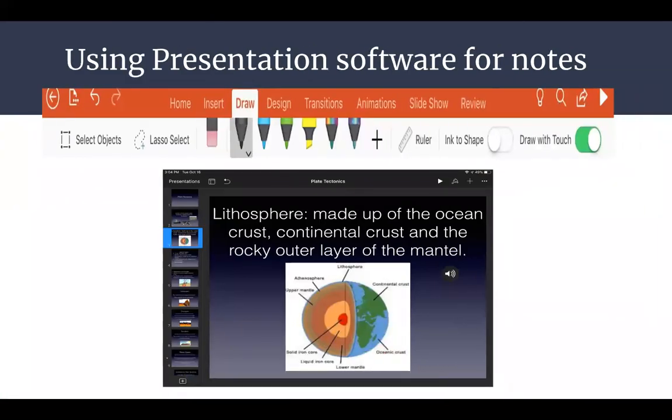So another thing that I actually have been playing with for a little while is how to use things like PowerPoint, Slides, Keynote for note taking. These are very basic everyday tools that many of our students think about, well, that's just for me to create a presentation and share out and then I'm done. But they actually are a tool that can be used in other ways, particularly as more and more features come in. I had a class of science last year where I had a student who really couldn't handle regular note